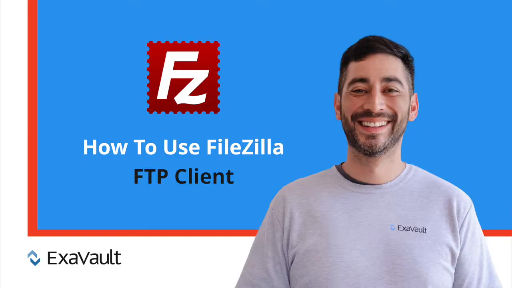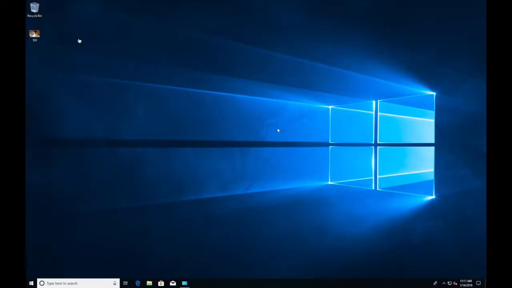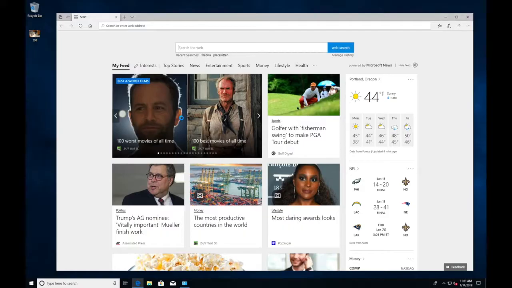Today we're discussing how to use Filezilla FTP Client. Filezilla is free open source FTP software popular for Windows. We'll cover installing Filezilla on your computer, the Quick Connect toolbar, and File Manager so you can start transferring files right away. To get the Filezilla FTP Client, go to the Filezilla website at